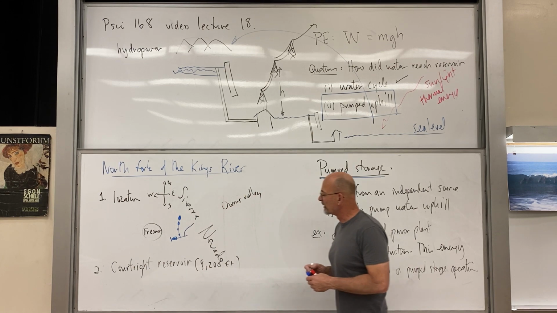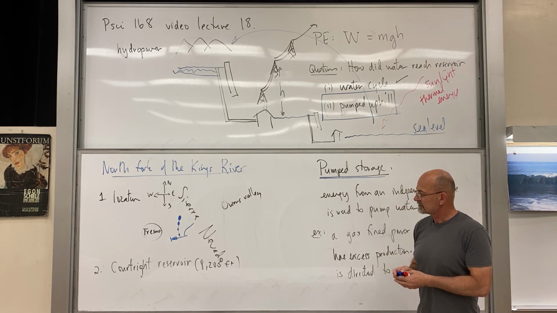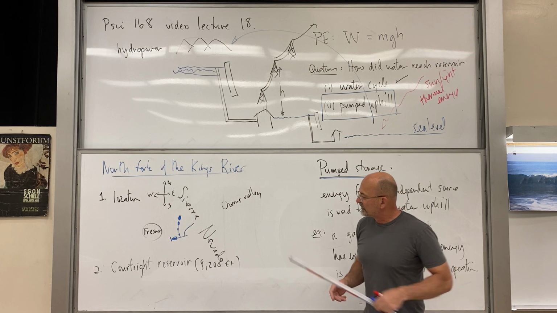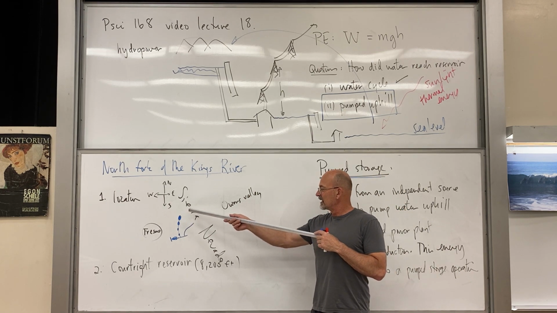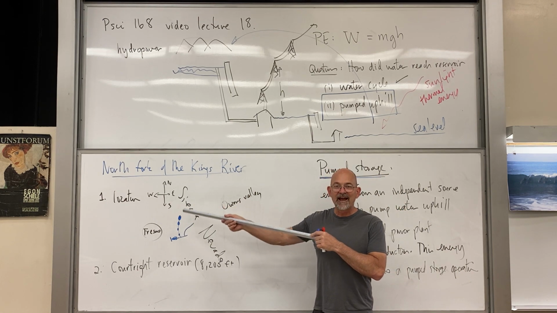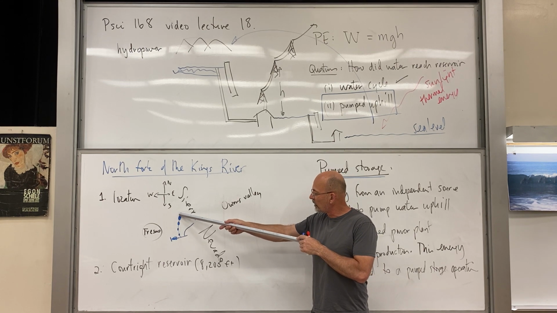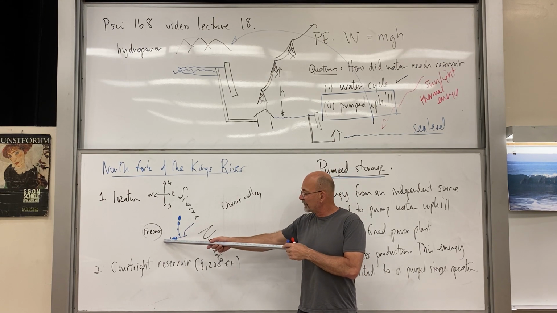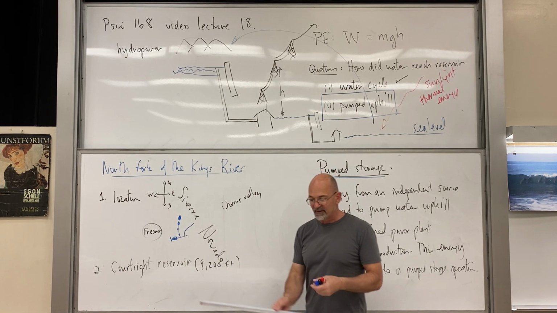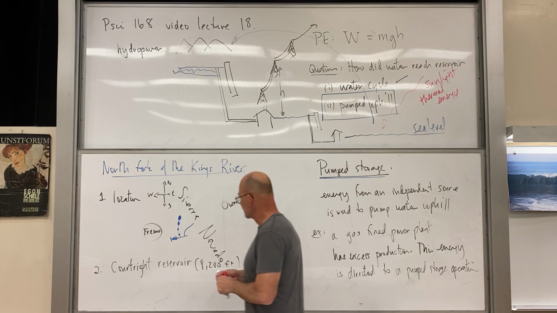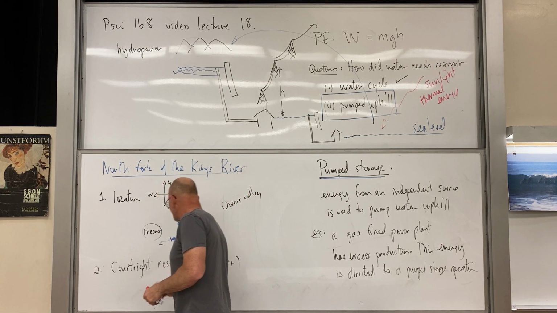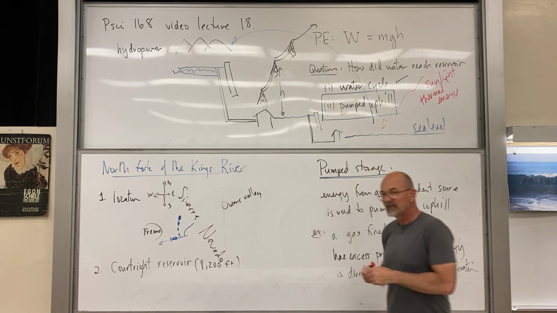Okay, Courtright Reservoir. And then through a system of aqueducts, canals, tunnels, penstocks, the water goes all the way from Courtright Reservoir down to Pine Flat Reservoir and to the Kings River below Pine Flat. Okay. So you'd have your last dam, and then you've got your Kings River down here emptying into the Central